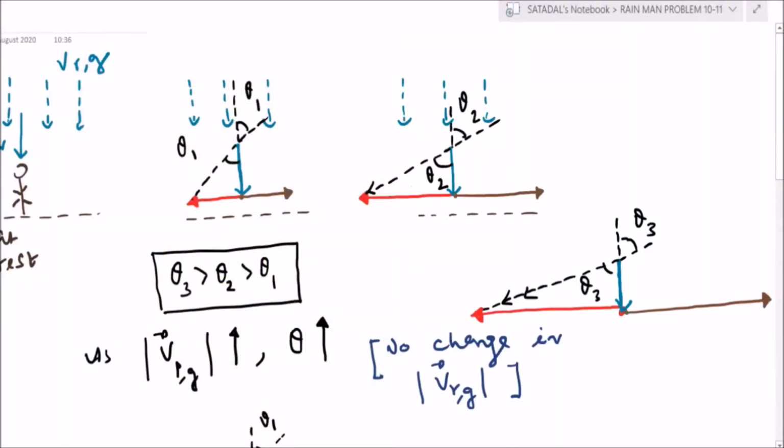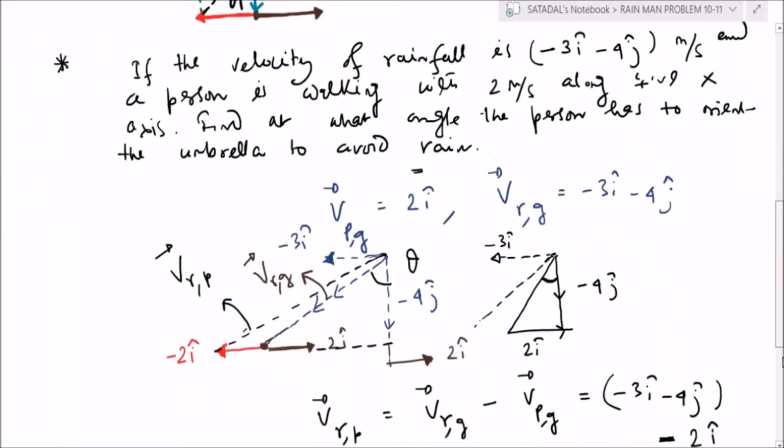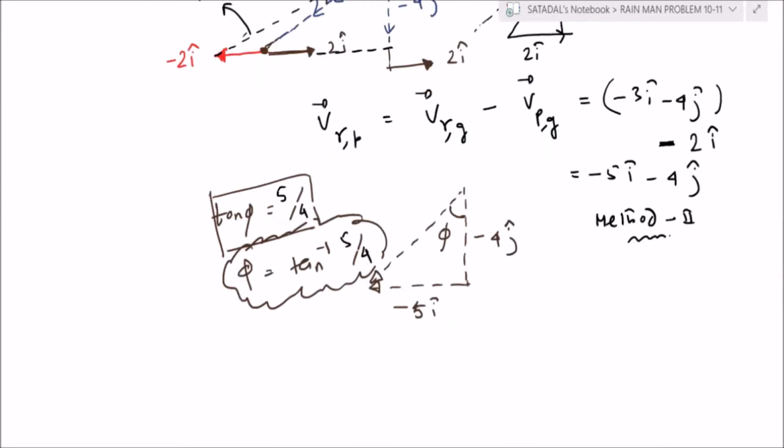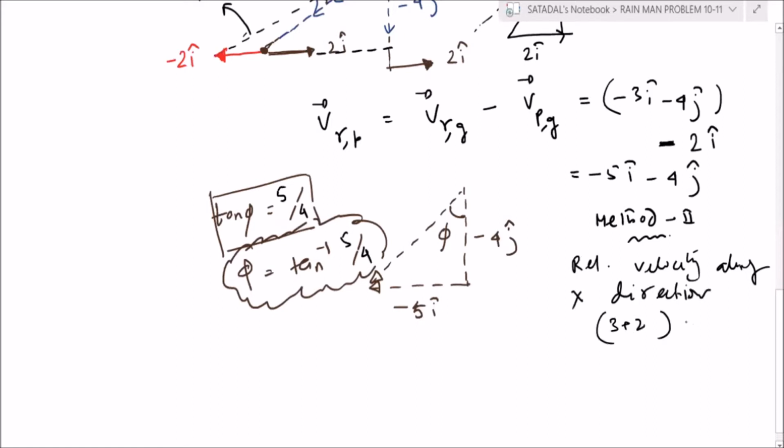So now this horizontal plane rain problem is over. Now we are going to switch into the technique. I was discussing this method 2 over there. This method 2 is nothing actually. So the relative velocity along x direction, if you check they are opposite to each other, so it will be 3 plus 2. That is equal to 5 meter per second. Y component of relative velocity remains unchanged. It will remain as 4 only. So then also you get an inverse 5 by 4. Anyway,